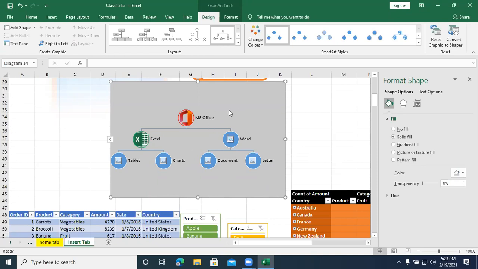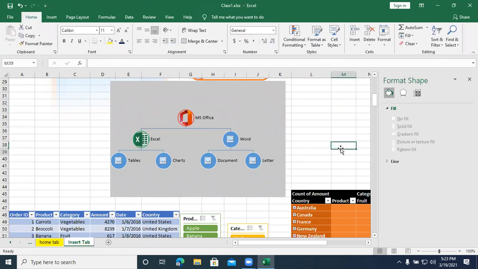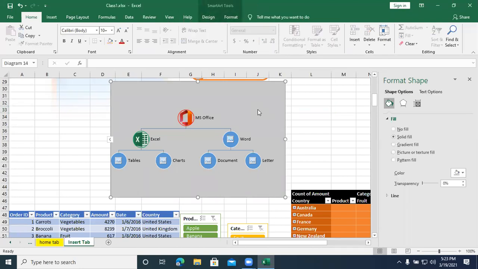So create smart art, select inside the smart art. Whenever you are working, you should not select the empty cells. So when I select any empty cell, I will not get any tools. Which option are you working on? I'm working on smart art. So click on smart art. Then it will appear.